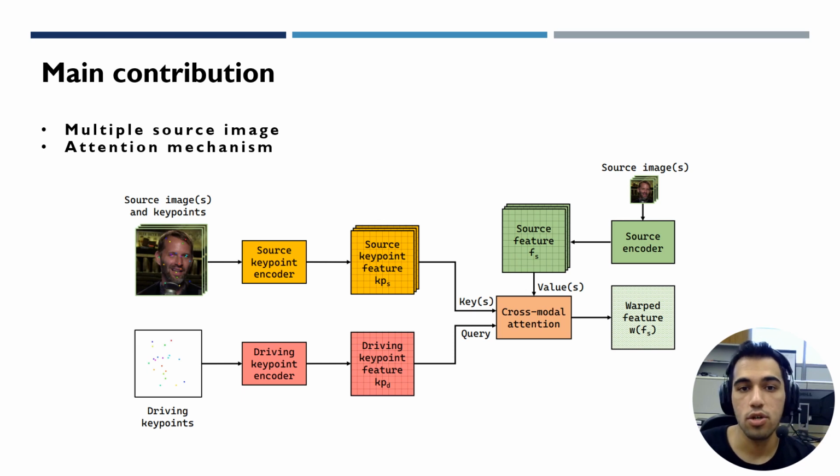Okay, now we need to know what this model does. In the first step, it gathers the image and a bunch of unsupervised key points, concatenates this information all together, and passes it through this network, which is an encoder that gathers source features from the images. There are going to be multiple images in the input, not a single one, as we mentioned, which is one of the contributions of this paper. And then these results are going to be the source key point features, which are going to go into this